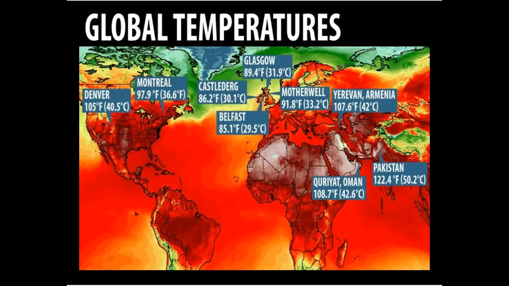Let's go look at Pakistan, 122 degrees, and these are actual temperatures, okay? These are not like, oh, it was really humid so it felt hotter. These were actual global temperatures. And when temperatures rise like this, lots of people in the world don't have air conditioning. Lots of places never had air conditioning because they never needed it. Lots of poor people live outside and have no way of getting out of the heat. And so these extreme global temperatures are definitely a concern.